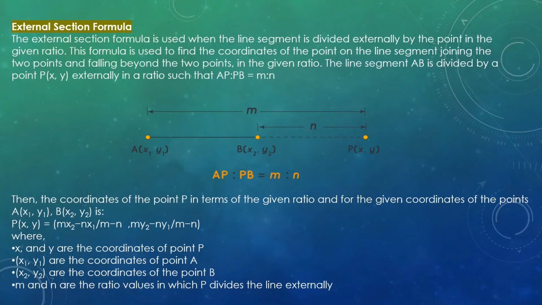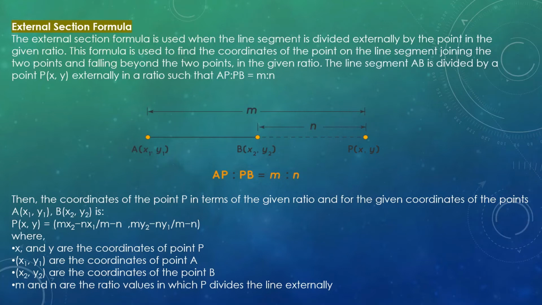The line segment AB is divided by a point P(x, y) externally in a ratio such that AP is to PB equals m is to n. Then the coordinates of the point P in terms of the given ratio and the given coordinates of the points A(x1, y1), B(x2, y2) is P(x, y) equals (mx2 minus nx1) upon (m minus n), (my2 minus ny1) upon (m minus n),